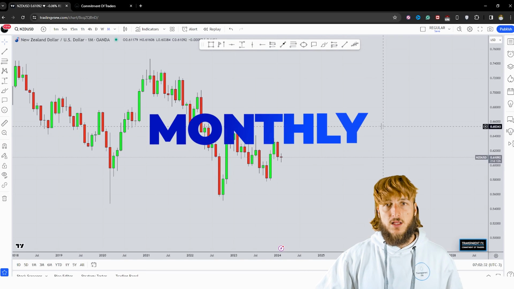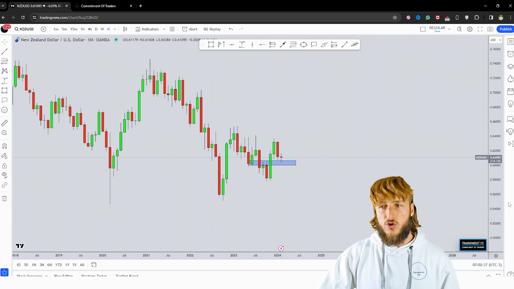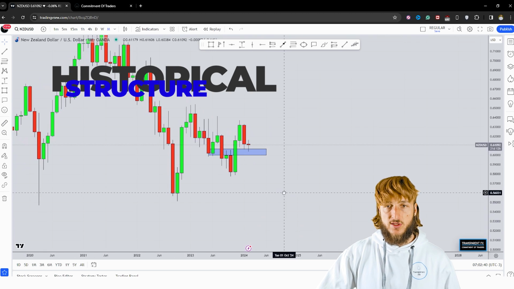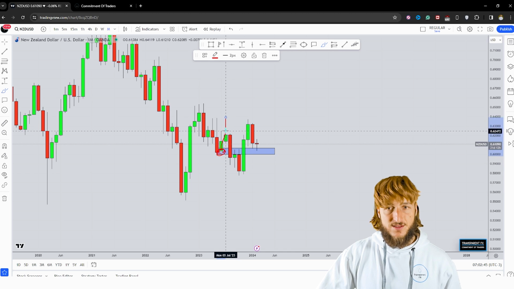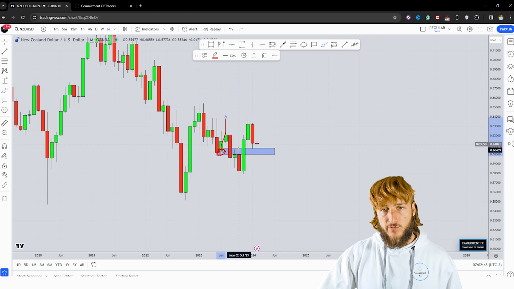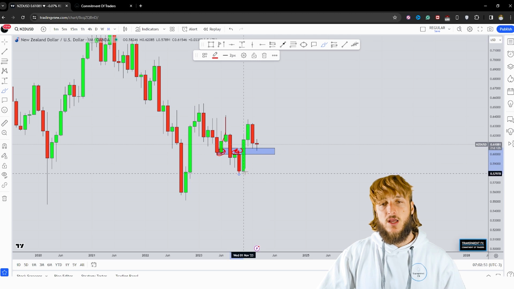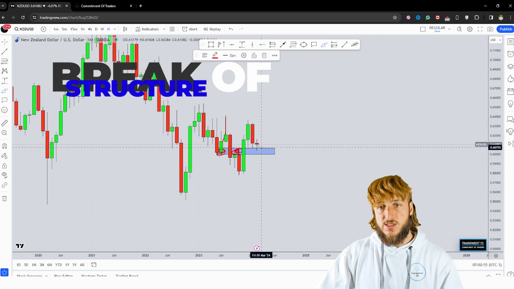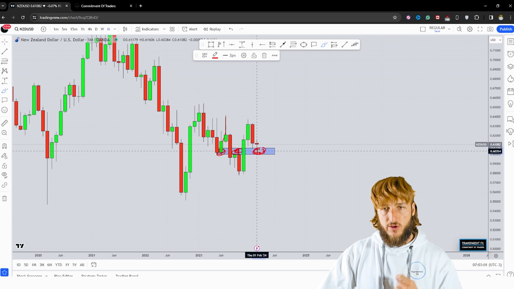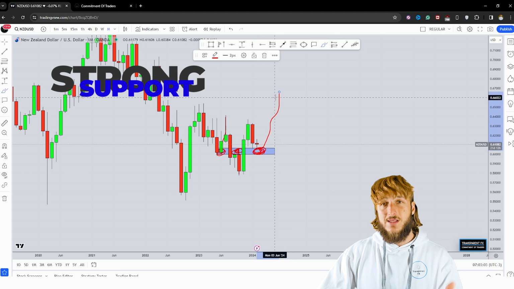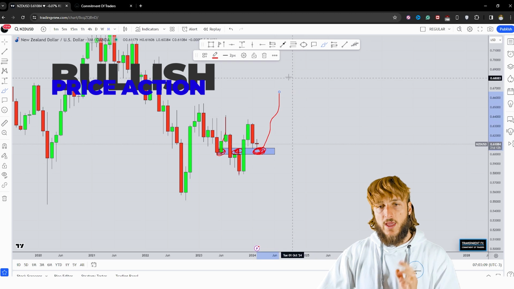Starting here from the monthly time frame, what we can see is that we have a market which is currently testing a quite strong historical structure level for this market. In fact, we can see how this area was acting as previous support here last year. Then the market broke below that zone. The previous support was turned resistance, and the market did respect the level as resistance. And then we had the break above that zone, and this previous resistance was once again turned support at this level. And at the moment, the market is testing this previous resistance turned support. And from here, there is definitely the possibility to see more potential bullish price action being created away from this